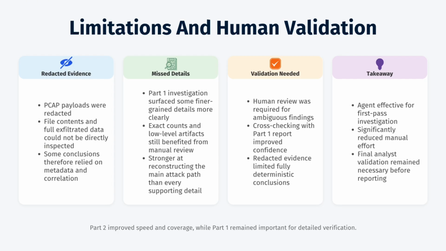The takeaway is that the agent is highly effective as a first-pass investigation tool. It processes 14 million Zeek log lines and 161,000 Suricata alerts in under an hour and produces a report that matches our Part 1 manual findings. But final analyst validation remains necessary, particularly for distinguishing infrastructure roles like DNS servers, filtering environments, specific false positives, and